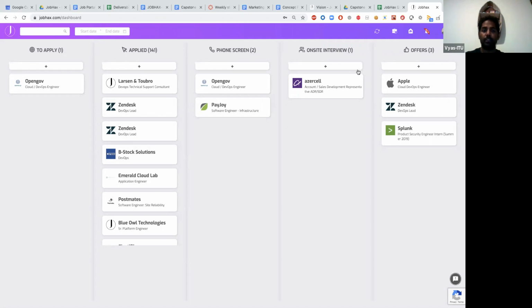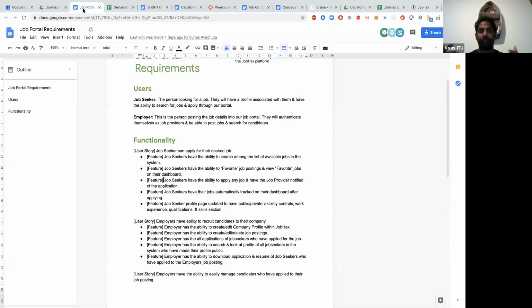Eventually, all the job seekers will apply to the same job through JobHax. So you'll have the whole data within your system. You no need to go out of JobHax and parse the emails or whatever. You can maintain a status of a job, who all applied and who all went to the next level, say for phone screen or interview, whatever.